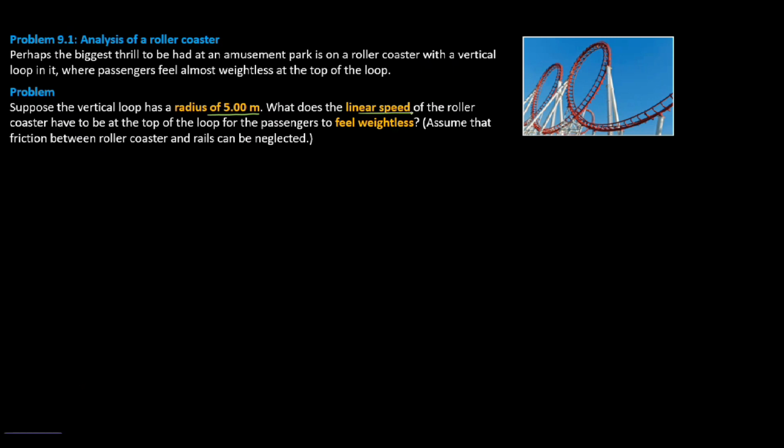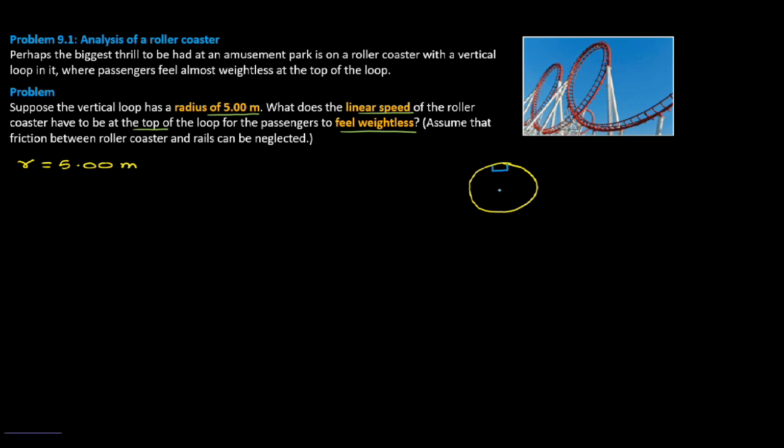What does the linear speed of the roller coaster have to be at the top for the passengers to feel weightless? Assume that friction between the roller coaster and the rails can be neglected. So let's sketch the problem where we have a vertical loop and the radius of the loop is given to be 5 meters. We need to find what should be the linear speed at the top of the loop for the passengers to